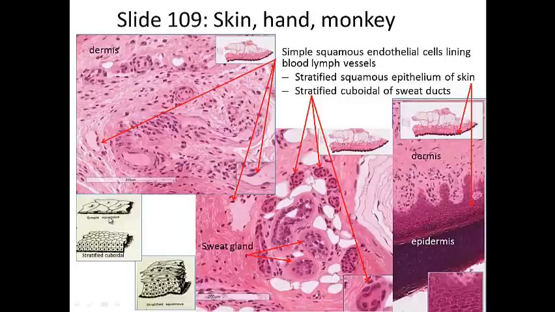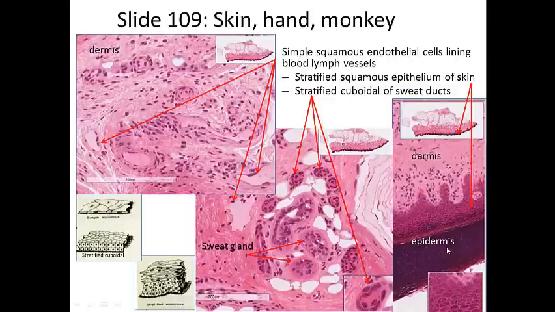So if we start with simple squamous epithelium, you can see them in blood vessels. Simple flattened cells that are in these various blood vessels. Stratified, more than one layer. Cuboidal is in the sweat gland duct. So this is a duct. You can see more than one layer here. So that's stratified cuboidal. And then stratified squamous